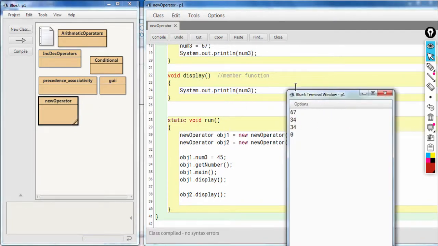So if you see, there isn't any difference in the output.